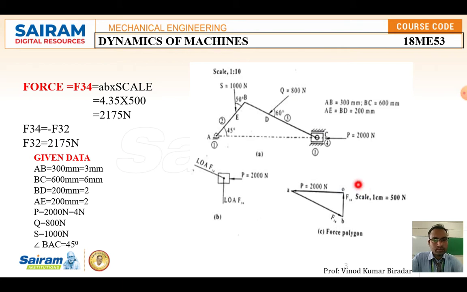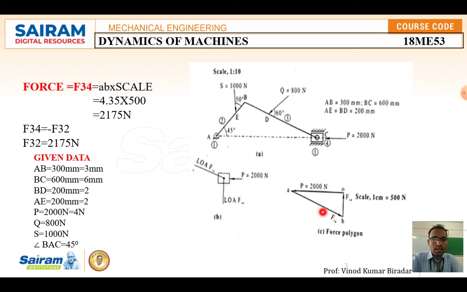So how to show the direction, this direction is also very important. We know only one direction, this side, which means the next arrow direction should be in the forward direction only, that is next to the other. So here you draw the arrow. Next, the indication next to the arrow should be this side. So once you have constructed this, it is called a force polygon diagram.